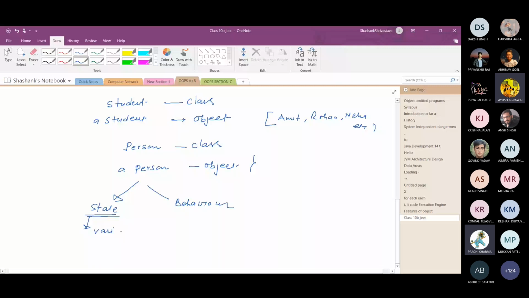And behavior is defined by the methods. When you combine state and behavior, you can say that that's an object of a class.